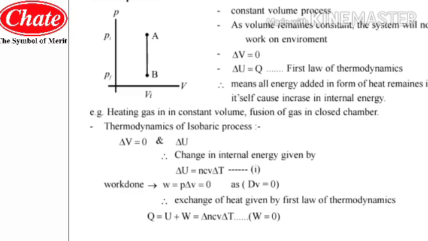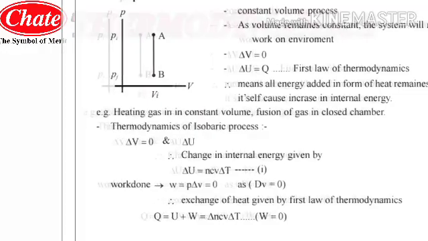Then point wise you have to explain the entire part. It is the isochoric process, so there will be no change in volume; volume remains constant, so there will not be any work done, and delta V is equal to 0, delta U is equal to Q. You have to mention all this very properly and in the correct sequence. Then you have to derive the entire equation, the derivation of the isochoric process. This is the proper way to solve this question when it comes in the exam.